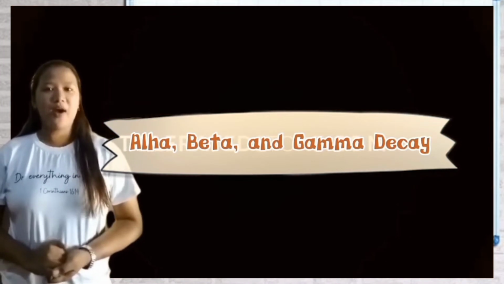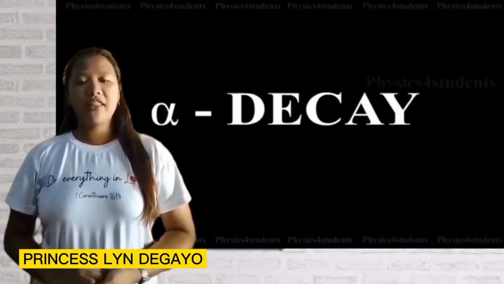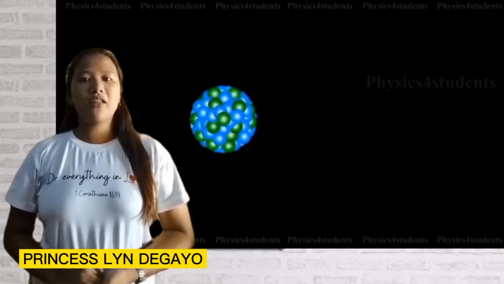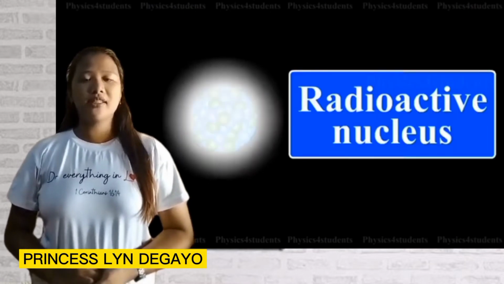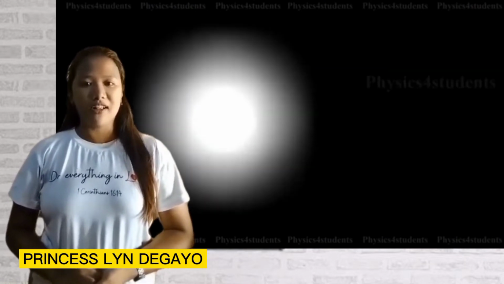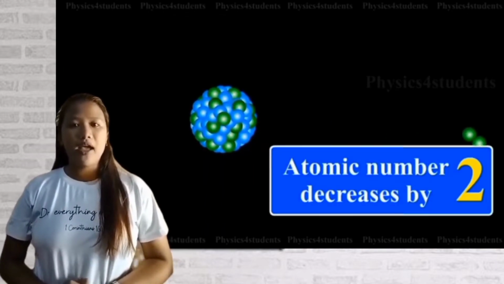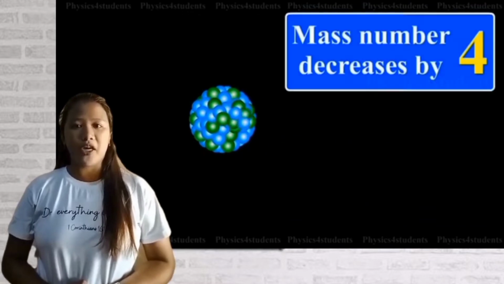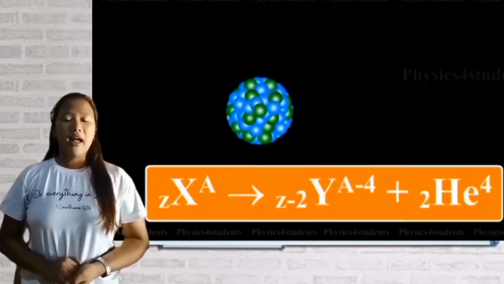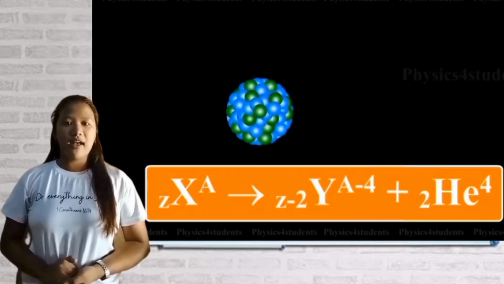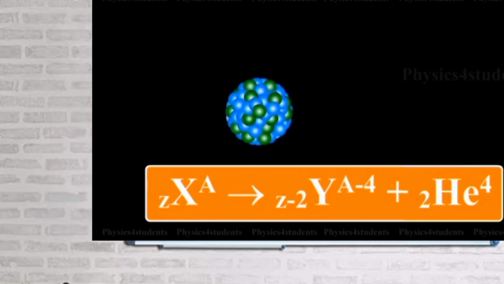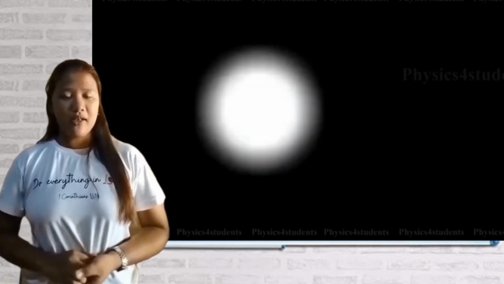Alpha, beta, and gamma decay. Types of radioactive decay. Alpha decay. When a radioactive particle disintegrates by emitting an alpha particle, the atomic number decreases by 2 and the mass number decreases by 4. The alpha decay can be expressed as follows. Example: